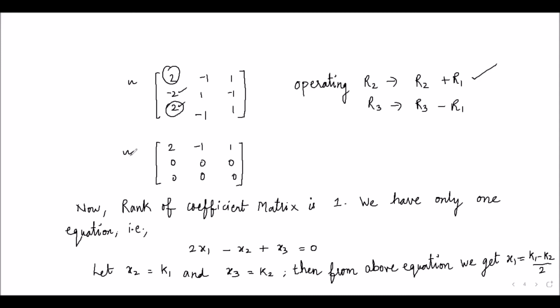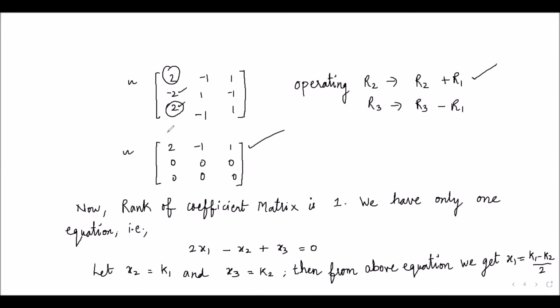Now this matrix is in echelon form, and from this matrix we can read the rank of the coefficient matrix. Here the number of non-zero rows in this echelon form is only 1 because this is a non-zero row, and the second and third are the 0 rows. So the number of non-zero rows is 1. So the rank of this coefficient matrix is 1. From this echelon form, we can write down the reduced system of linear equations, and that will have only one equation because we have only one non-zero row in the echelon form.